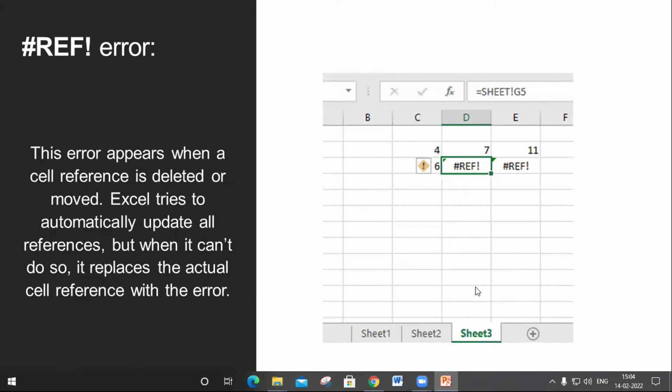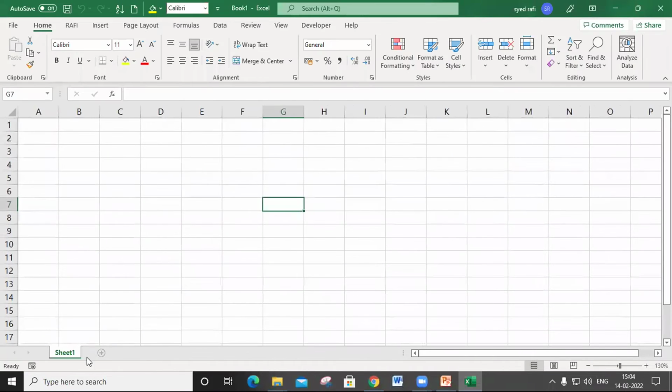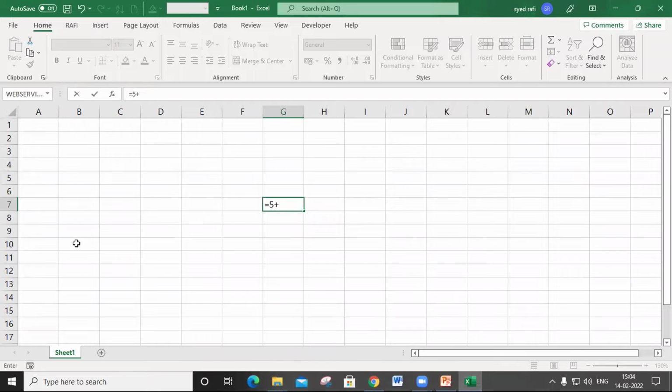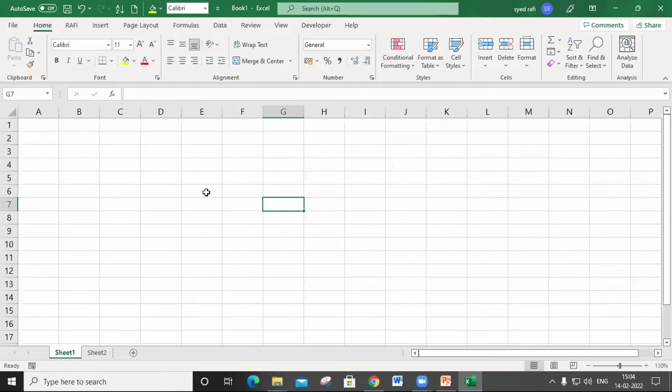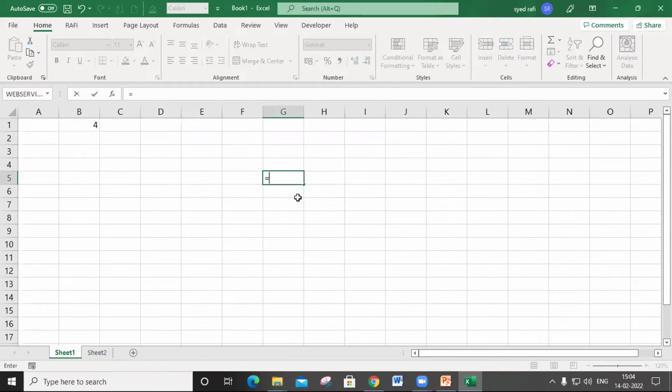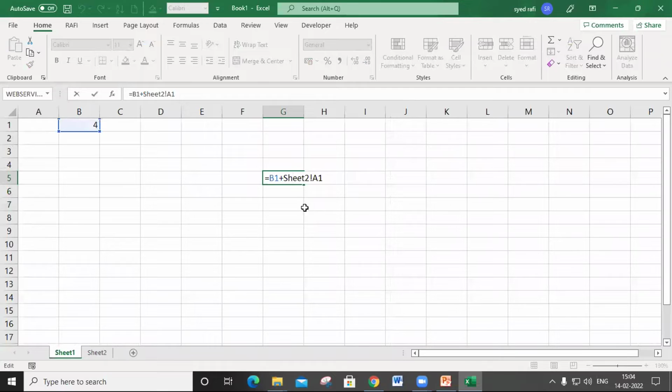For example, I will show you directly in Excel what happens here. In Sheet1, I type equal to 5 plus, and I take another sheet where there is a value 5. I click here and select this cell, and it gives a correct answer.